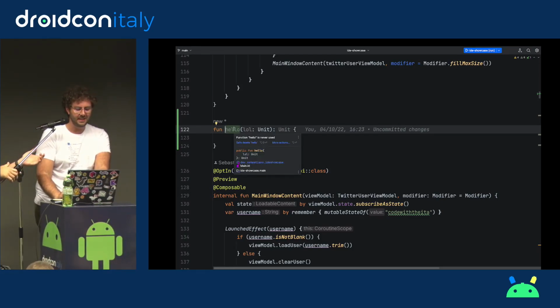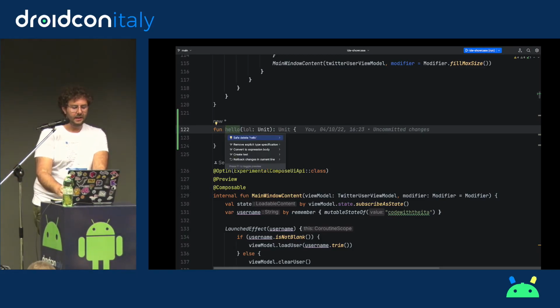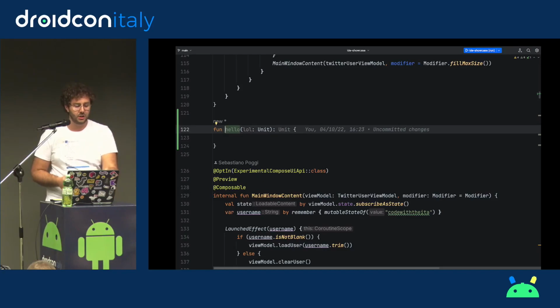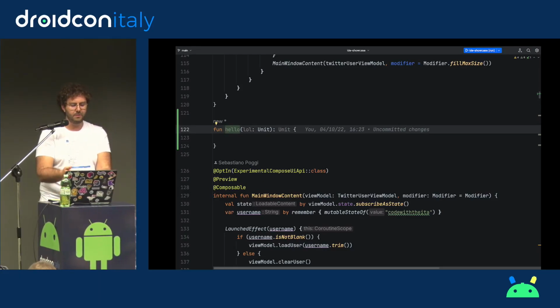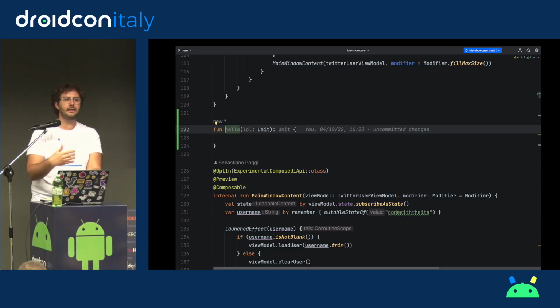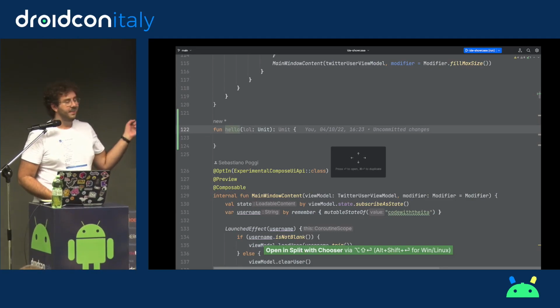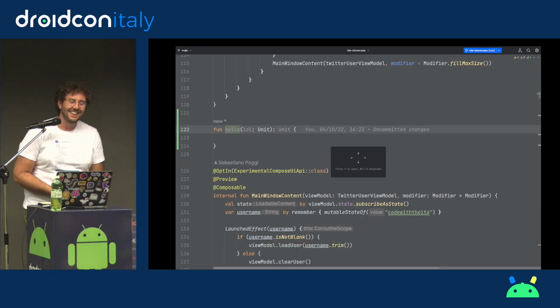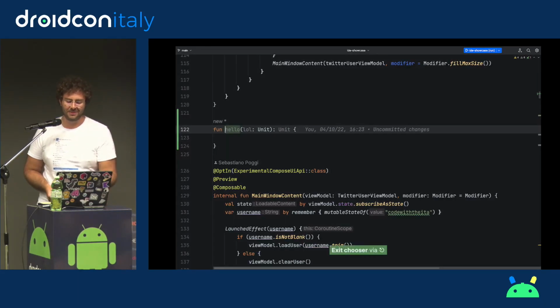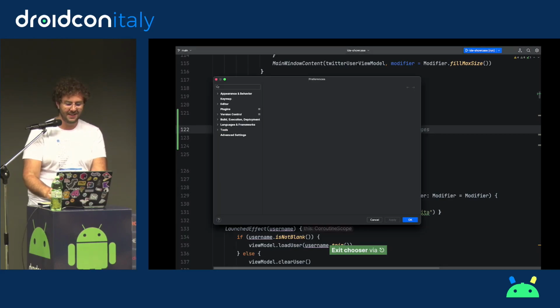So here the tooltip says, if I do, awesome, thank you. I can either do Alt-Enter, which would bring up the whole selection actions menu for the inspection, or I can also do the predefined action, which, instead of Alt-Enter, is going to be Alt-Shift-Enter. And of course, that's a problem. There's a conflict in the keymap. I have fixed it on the other computer, but I forgot to do it on this one. It's okay. We can fix it now.